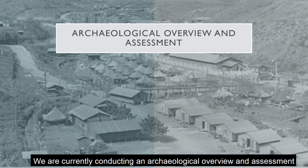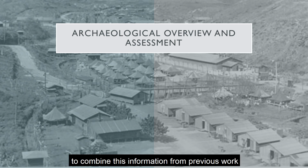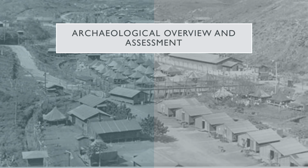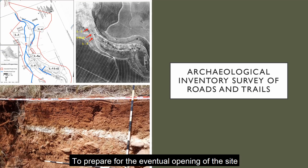We are currently conducting an archaeological review and assessment to combine this information from previous work and create a research agenda moving forward. In particular, the overview and assessment will look at periods beyond the camp era and include potential Native Hawaiian use of the area. To prepare for the eventual opening of the site,